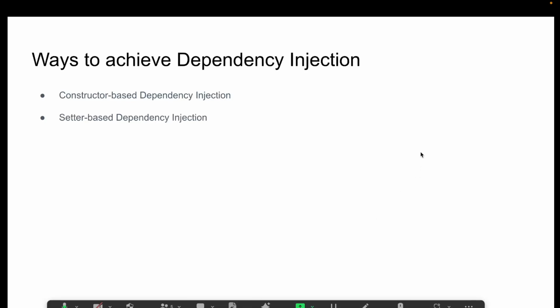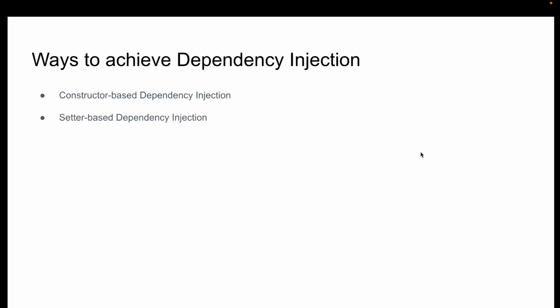Last class we were talking about different Spring Boot terminologies and some theories about Spring Boot. And the last topic we had covered was dependency injection and inversion of control. We had also discussed what are the different ways to achieve dependency injection. So we had discussed constructor based dependency injection and setter based dependency injection. So let's see an example each for how this can be achieved, constructor based dependency injection and setter based